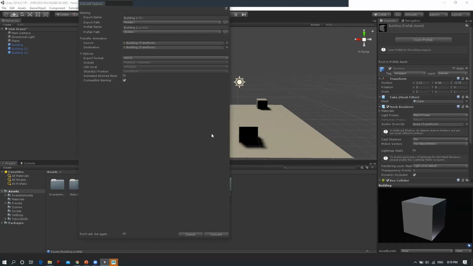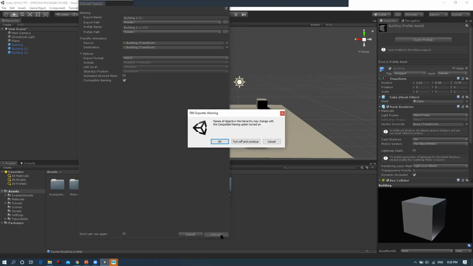Once you click on it, you will have multiple options: the transform components, your export format and so on. I'm going to leave all these as default, but if you want, you can change the file name, the export path, the prefab name, and the import path. As of now, I'm going to leave it as such and click on Convert.